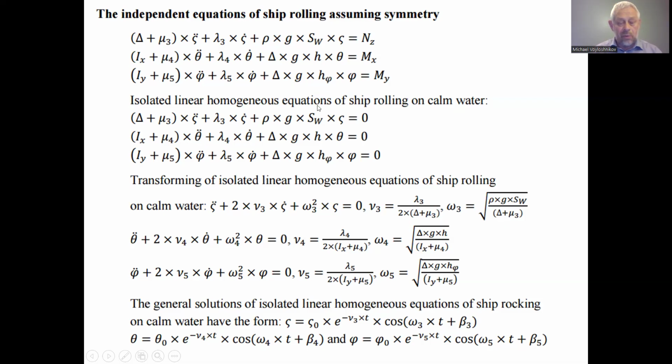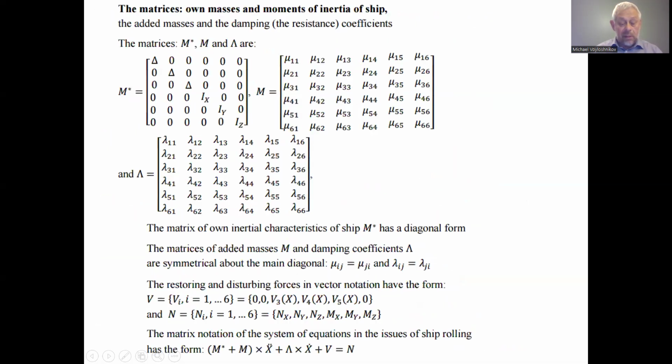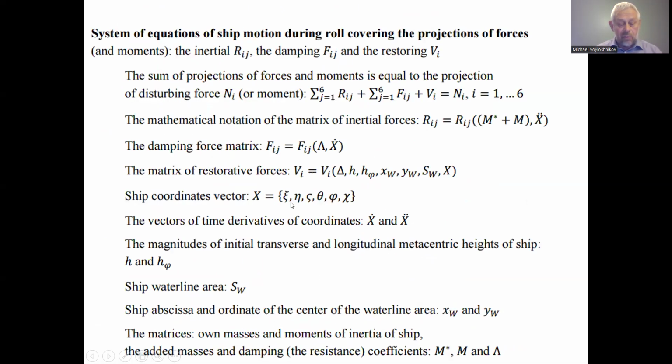This all comes from the matrix assignment of the equations of the ship in the ocean water, considering the matrix forms of the own characteristics of the ship and the added masses of water and the damping factors here, and the dependence on the second derivative and the first derivative of the elements of the ship motion in the water. These are the elements of the ship motion in water: xi, eta, zeta,